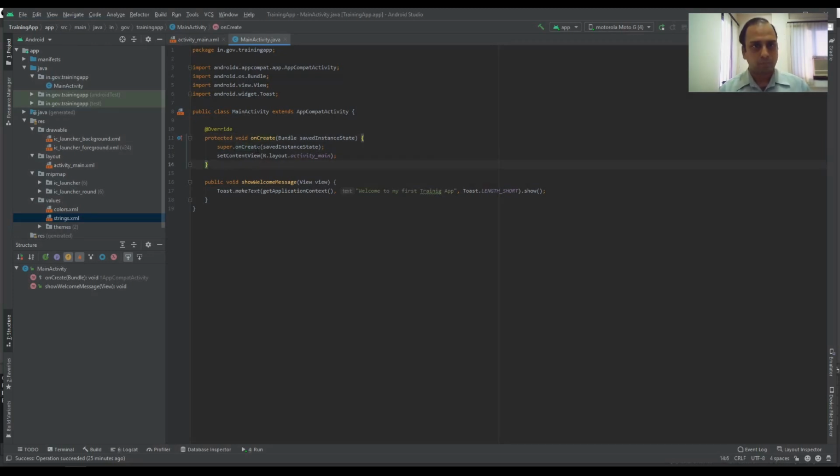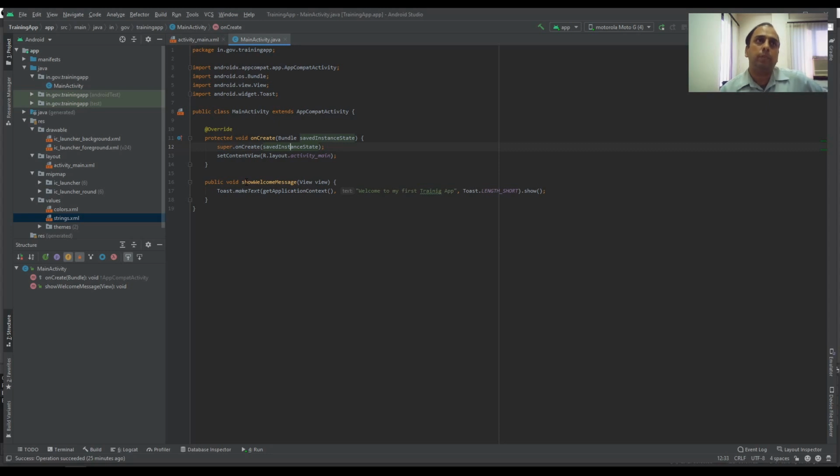Then within onCreate you have something called a Bundle, savedInstanceState. When the activity was destroyed, the state of the instance at that time is saved inside the bundle. That bundle you can use to create your activity from scratch.